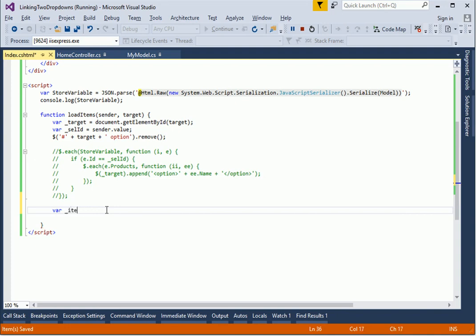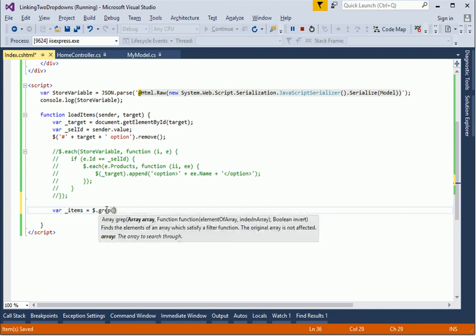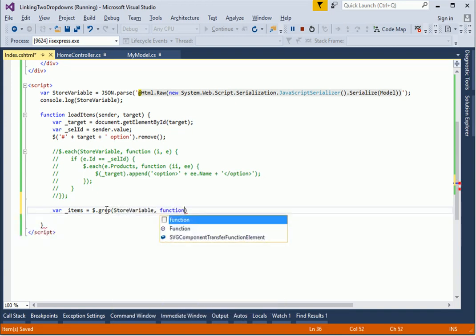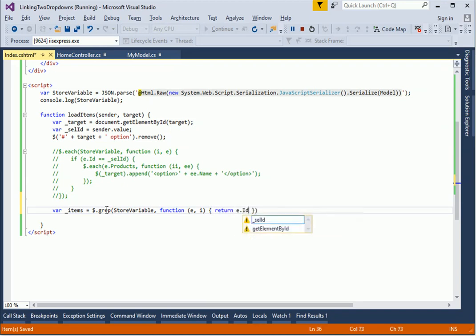So items, which is called grep. Grep will ask you a list, which I will say store variable, and just like this in for each, but grep is the reverse of for each, so the element comes first and the index comes second in grep. What's the rule? I simply have to say return wherever the e.id is equal to the selected id, return only